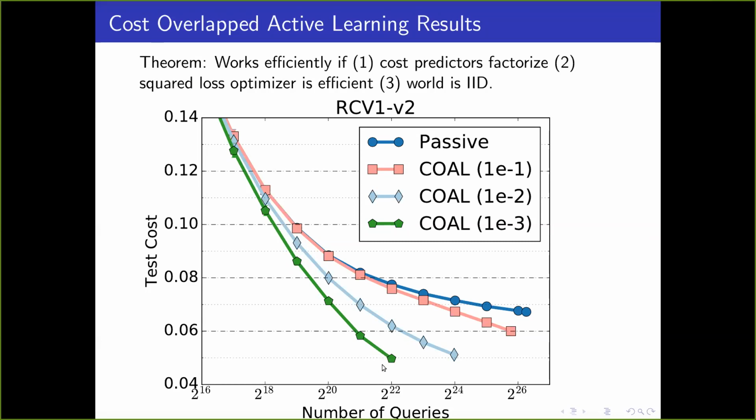Right, so the x-axis is the number of queries, the y-axis is the test error, and the passive learner queries everywhere and does relatively poorly. The active learner seems to do better with substantially fewer queries. So this is one of our data sets that we tried things on. Not all of them are quite as extreme as this, but it's still the case that we often see the active learning algorithm perform better, which is not really predicted by the theory, but nevertheless interesting empirically.